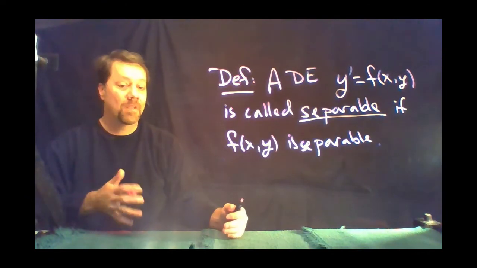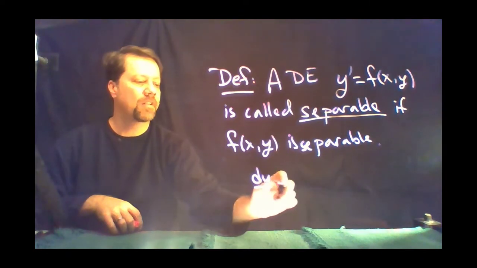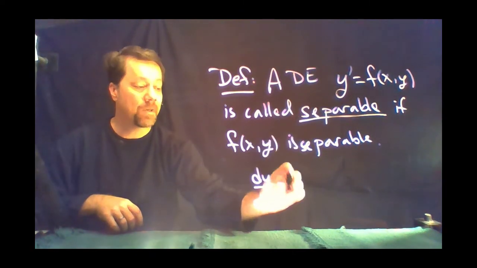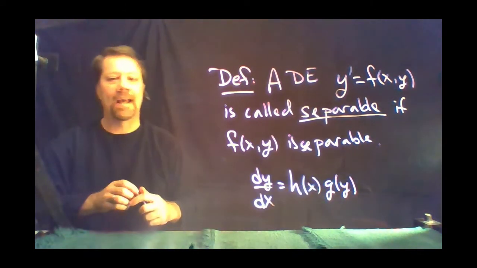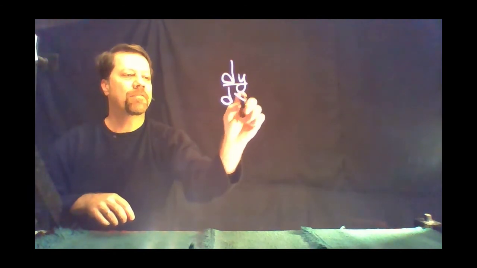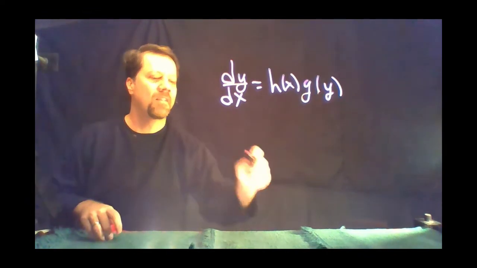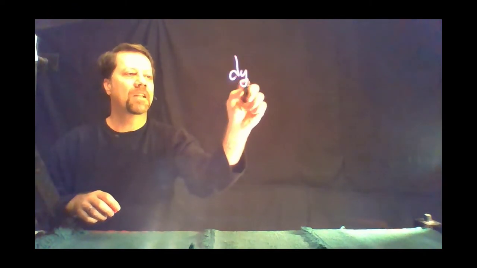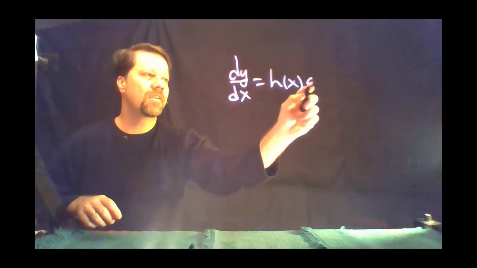Now, why is this any good? It turns out that if your function f is separable and can be expressed as a function of x times a separate function of y, then, if I have a differential equation that I can write in this form, I can separate out. If I have a differential equation that is separable, where I have all the x's here and all the y's over here,